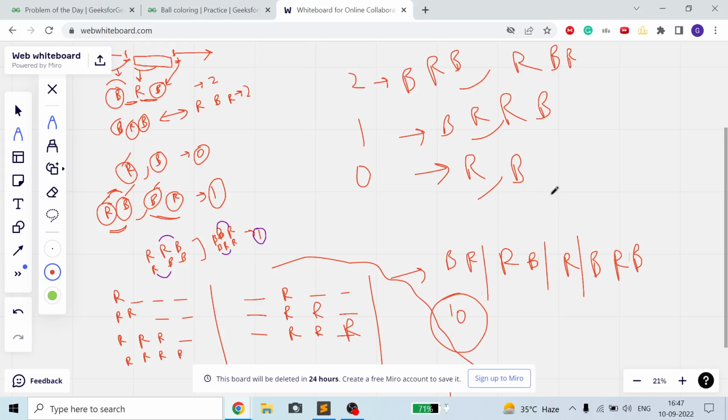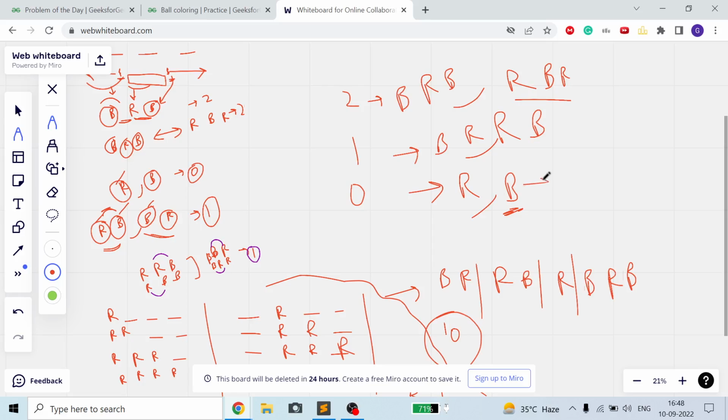So R and B, R is there, B is still left. R is there, BR is there, RB is there, RBR no, BRB is there. So these two cases are left. Okay guys, we know there is only a single case where all are B, that is when the complete segment is B, because if any ball is R, then there should be an R segment as well.